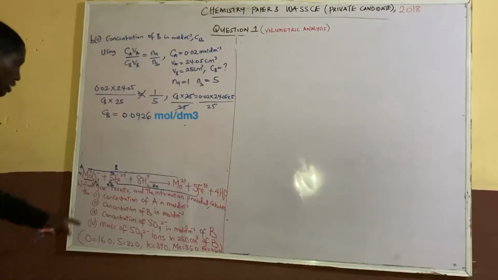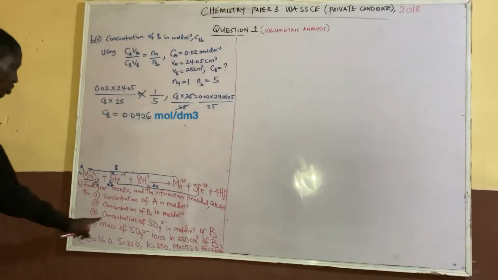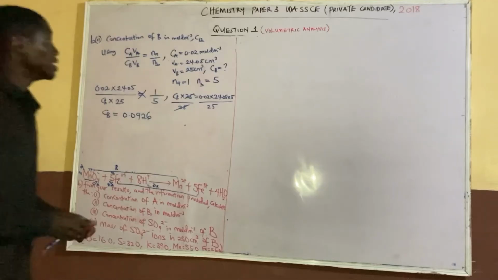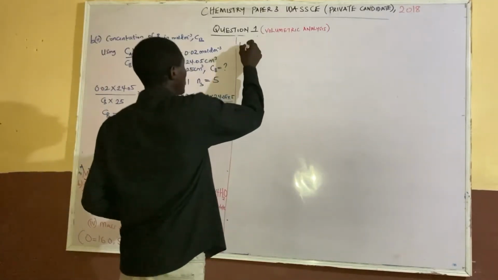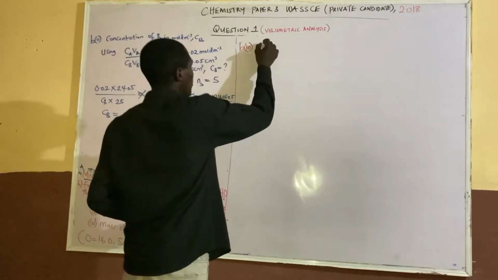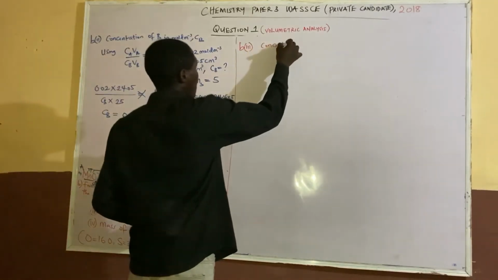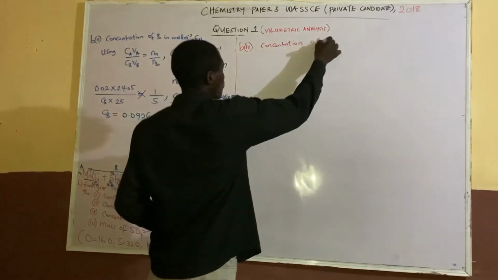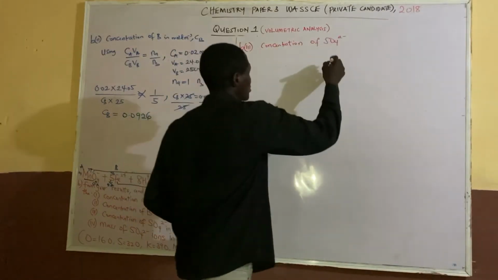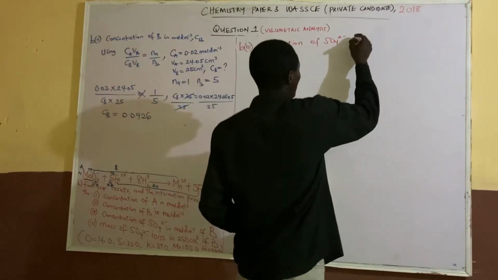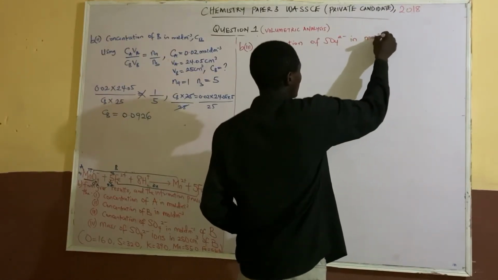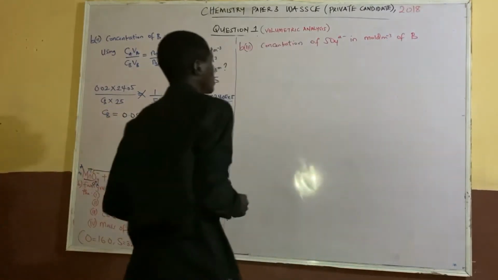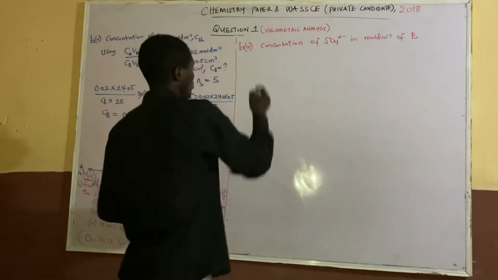So let's do question B, Roman figure 3. It says: concentration of SO4 2 minus in mole per dm³ of B. Now we have to recall what B is. Don't forget, B is said to contain